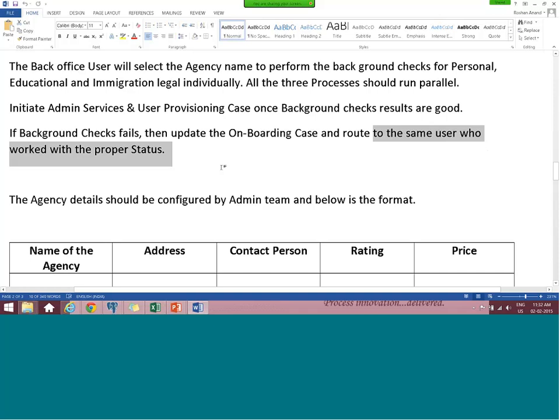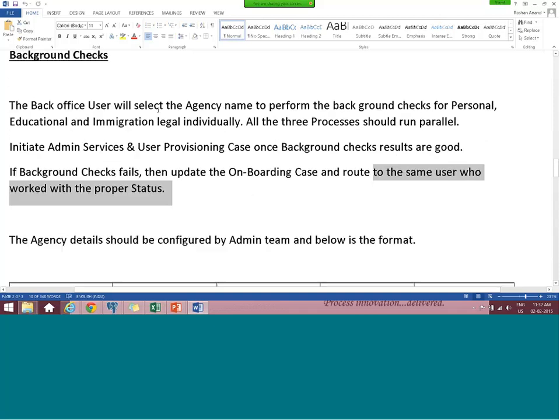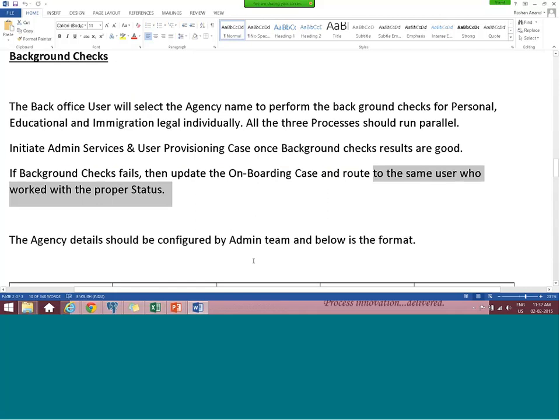Take an example: in case my background check fails, it has to go to educational, personal, and immigration, right? Yes. Don't make the flow more complex inside each and every step. If you are routing to one assignment, say approve or reject. That's enough.